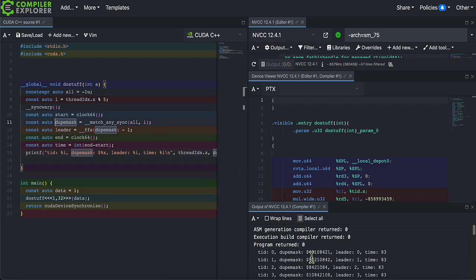We can see that here, if we look at the dupe mask, the thread 0 has a 1 for itself on the 0th entry, and then a 1 in entry number 5, as we would expect, entry number 10, entry number 15, and so on.